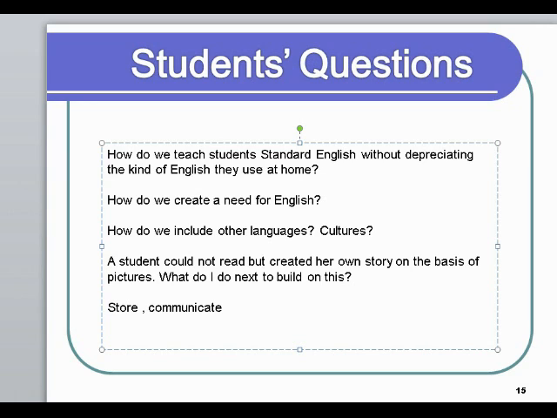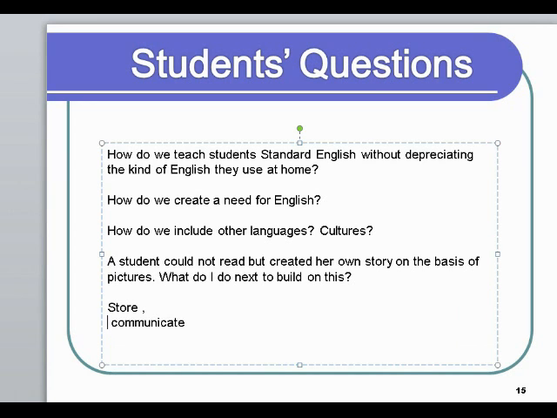So wouldn't it be nice now to use those pictures on which the child based her story, and now put little text next to them? So shopping, I don't know, whatever else, forest. So slowly we give students the reason for